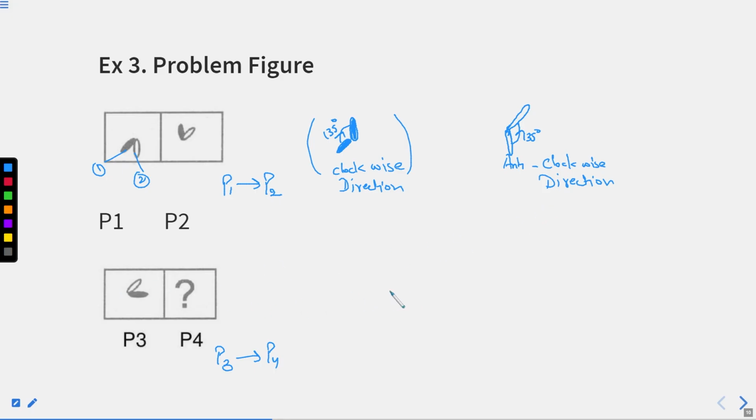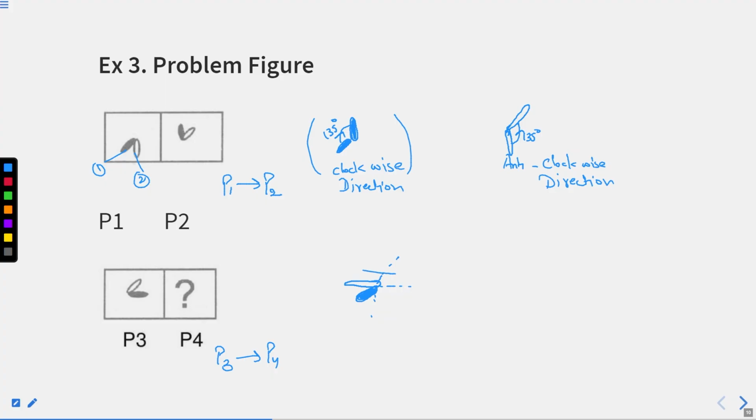So here the shaded part is initially in this situation. If we move it by 135 degrees clockwise, it will appear here. So this becomes the shaded part. We'll shade it as well. Now we need to look at which one? The unshaded part. Initially the unshaded part is here. For 135 degrees, it has to be like here.